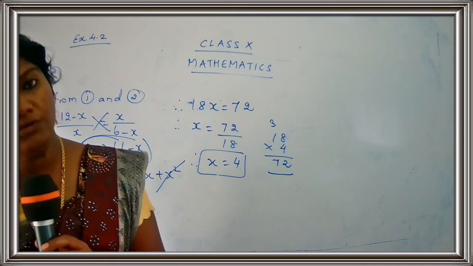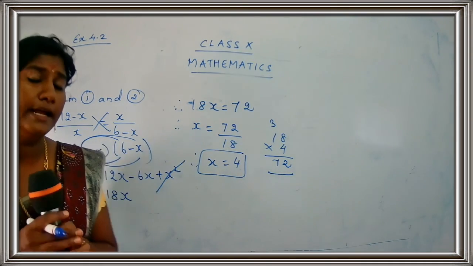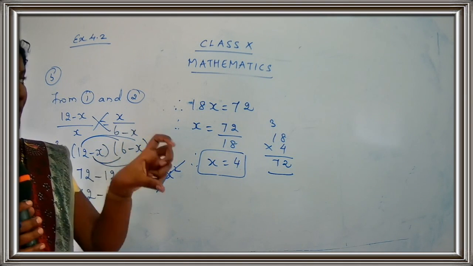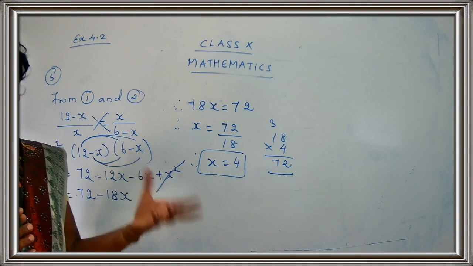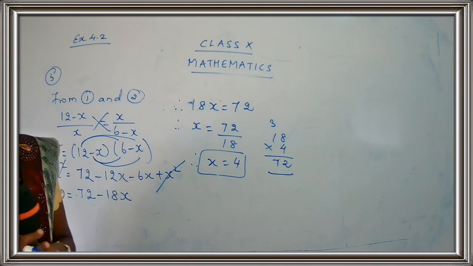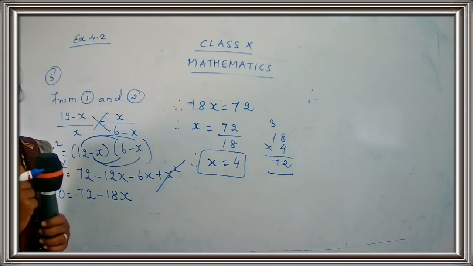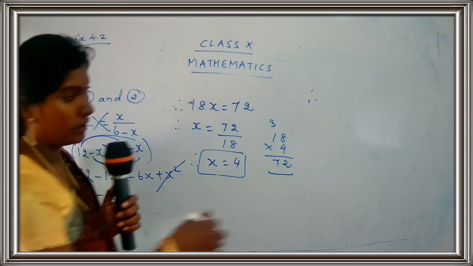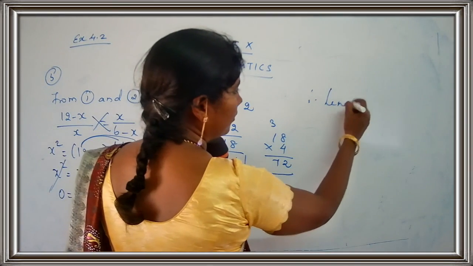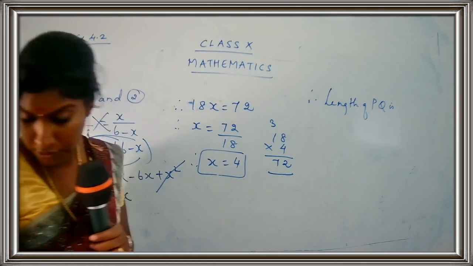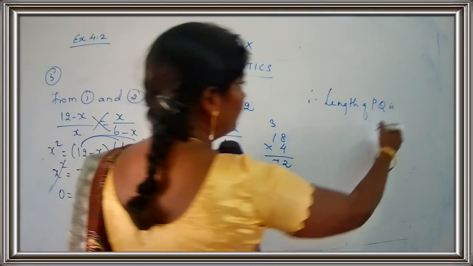So we have found the value of x. What is the value for x? It's 4. Okay, now you have to write down the final statement. What is the final statement? What is the question they have asked here? They have asked you to find the sides PQ and RB, and we have taken all the sides. We have told that all the sides of a rhombus are equal, and we have given the sides of a rhombus as x. Yes, children?